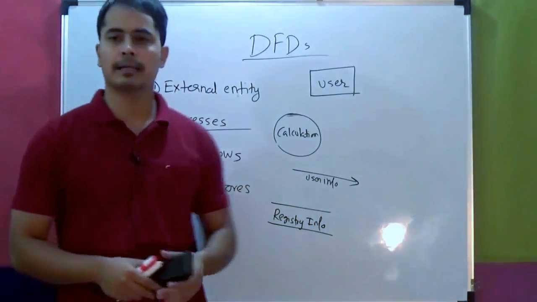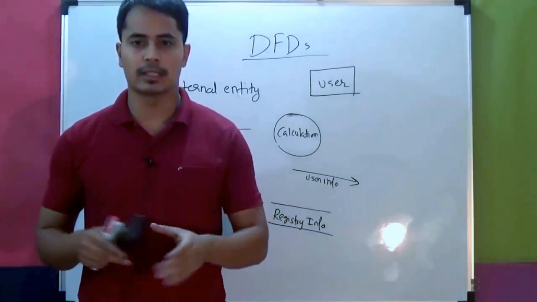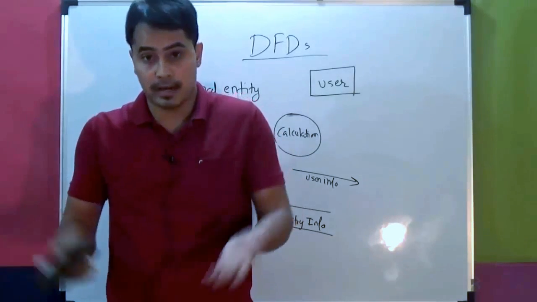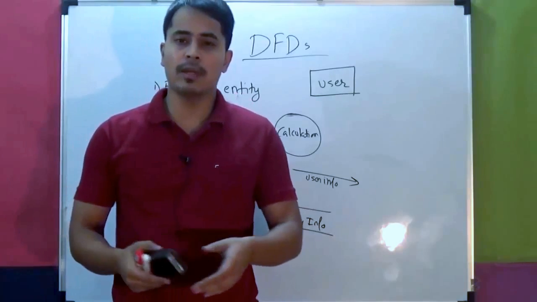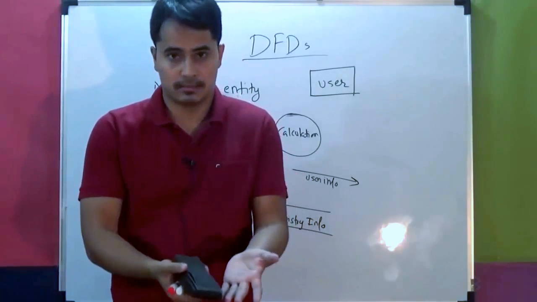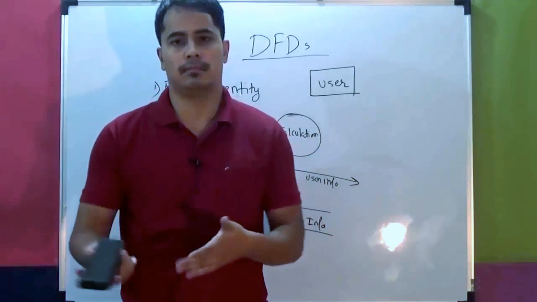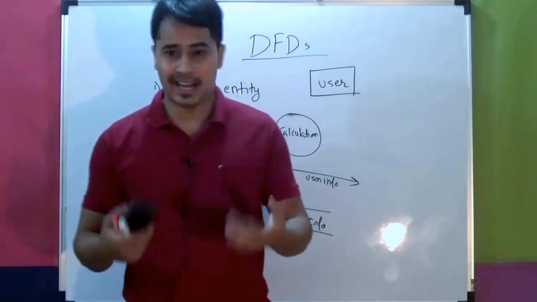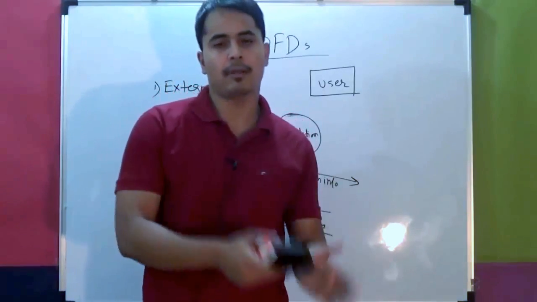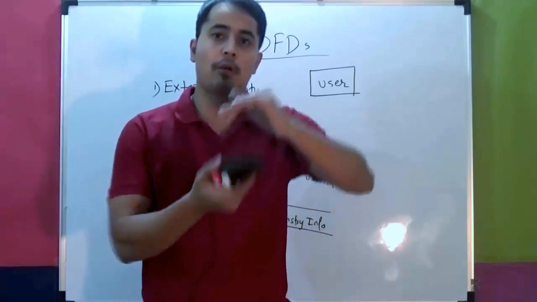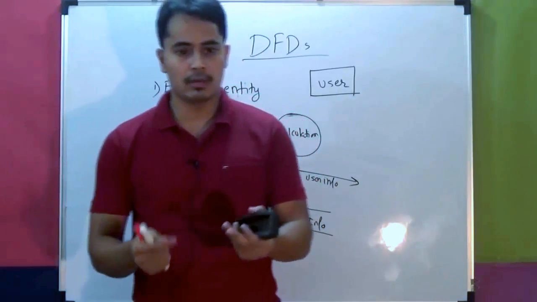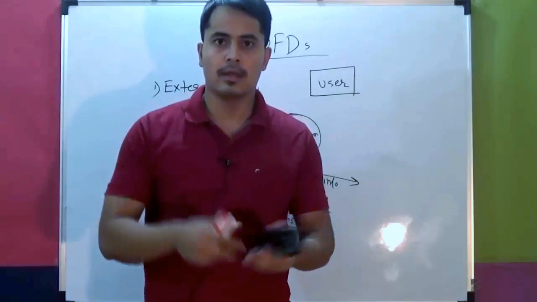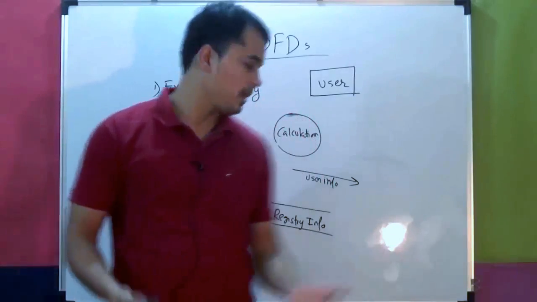Data stores are always internal to the system. Imagine them as your database tables or even entire databases. They don't have to be only databases. They could be files, anything where you store the data apart from the process. Processes store data in variables, arrays, in memory, but for persistent storage you use some kind of mechanism. Some people might use an actual paper register, like a muster. That also could be a data store.